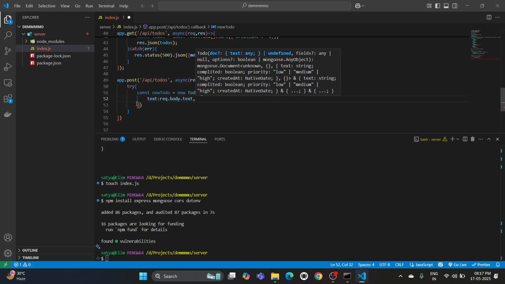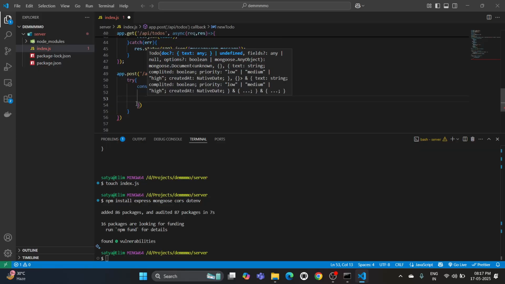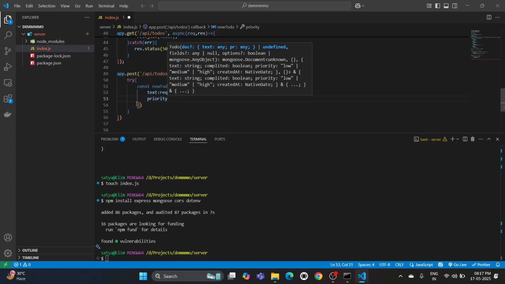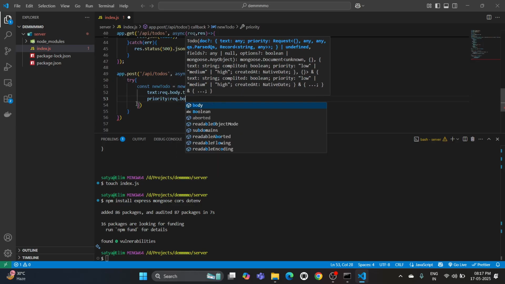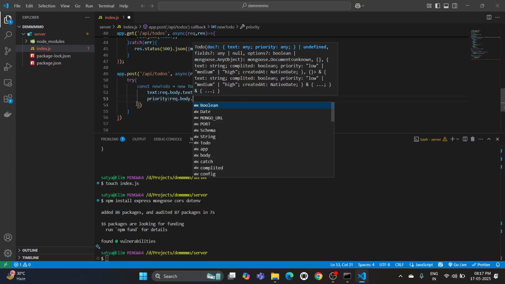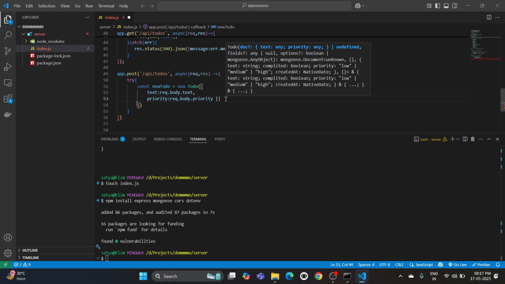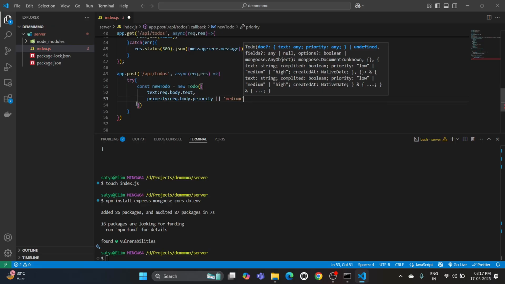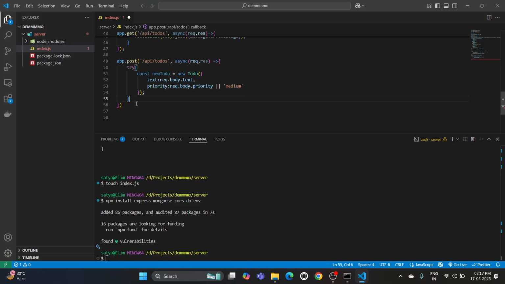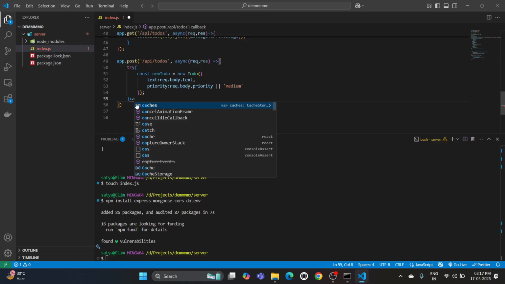So here we have received the text, and we'll also have to receive the priority, request.body.priority. Okay, and if the priority is not provided in the body, we'll make it medium. Okay, simple. So we'll receive